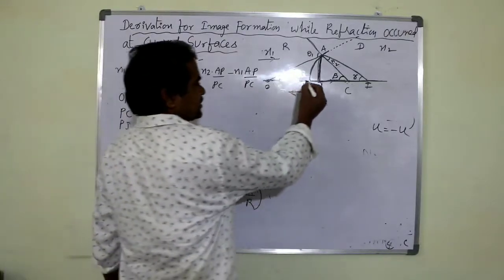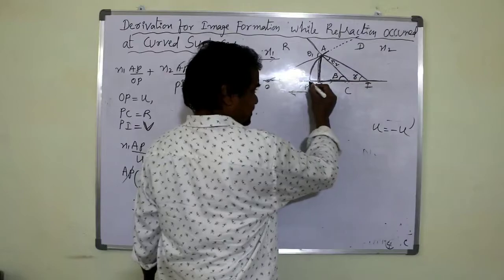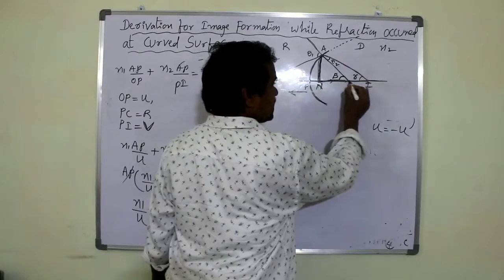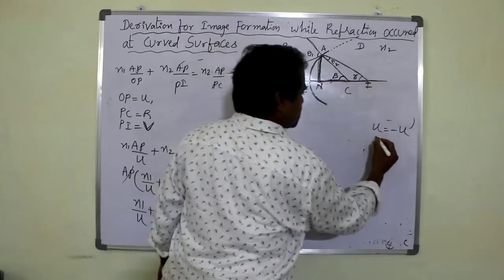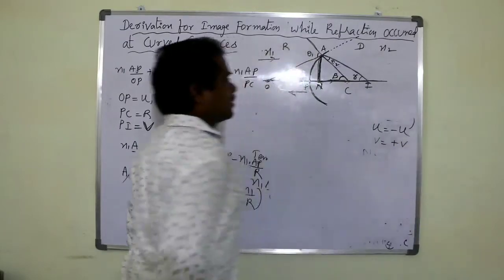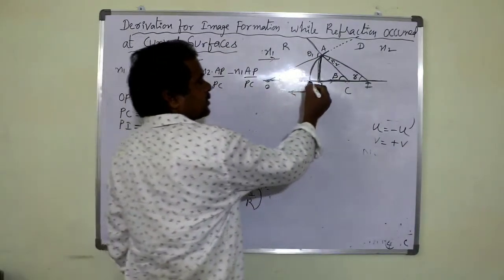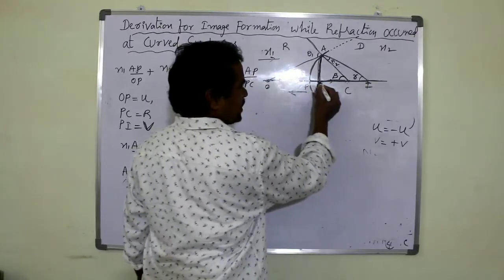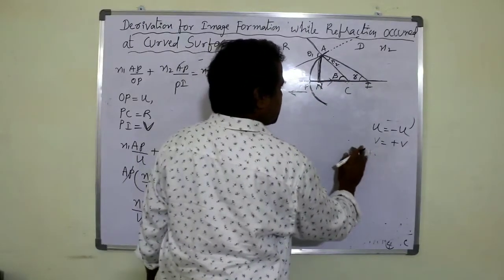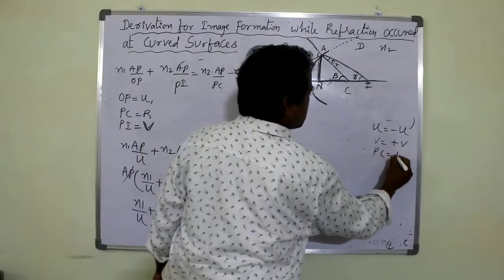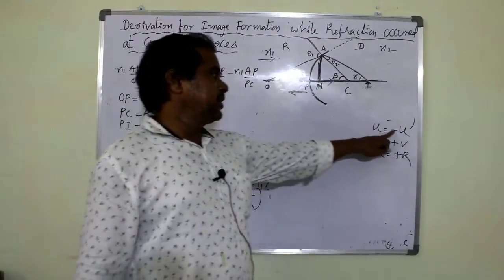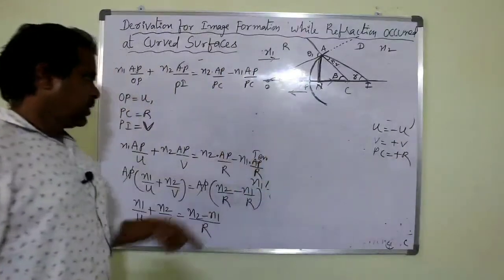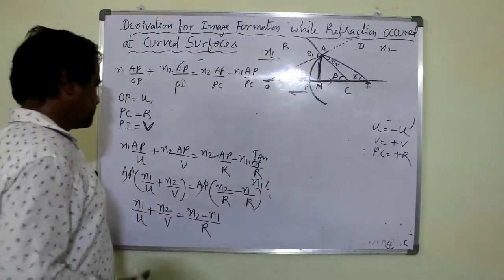Distance of the image: the distance between the pole and the image is called the distance of the image. Here we are moving in the direction of the incident light, so v becomes positive. And the radius of the curvature: while measuring it, we are moving in the incident light direction, so the radius of curvature PC also takes a positive value. So u becomes negative, v becomes positive, and the radius of curvature also becomes positive. Substituting all these signs in this equation, we get